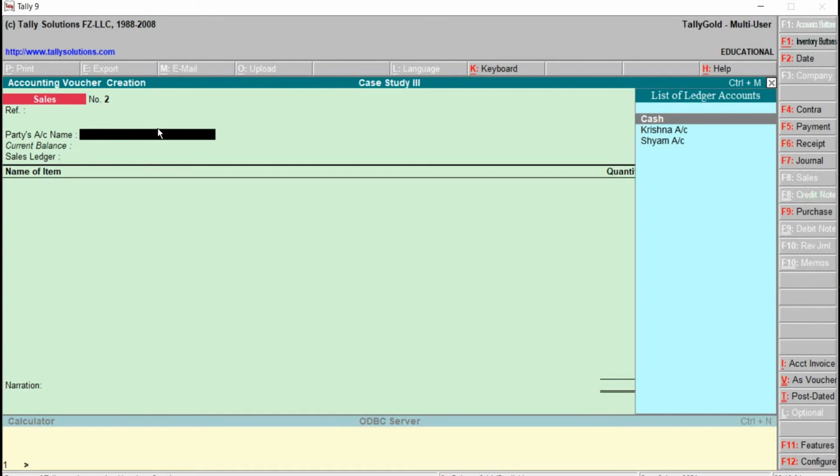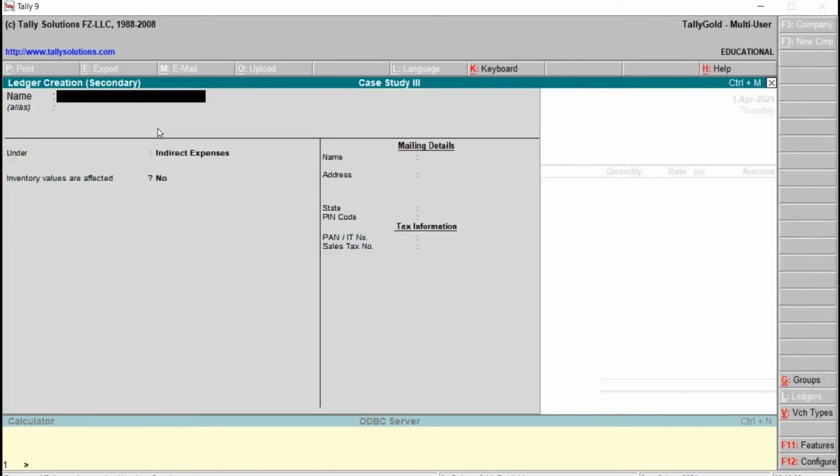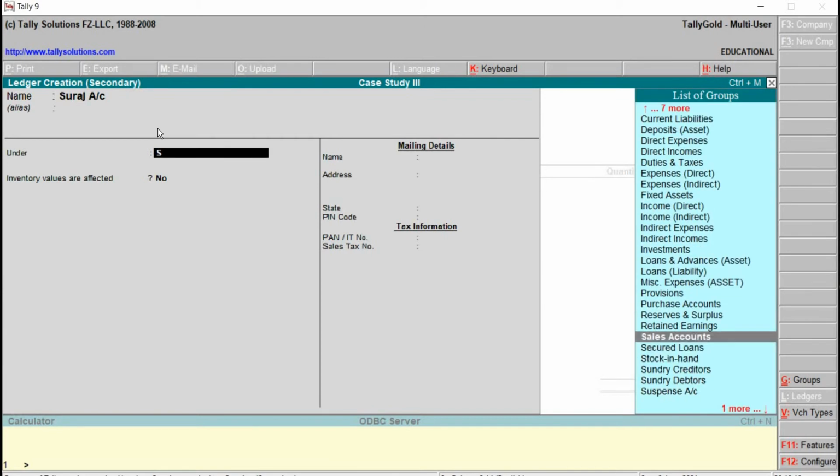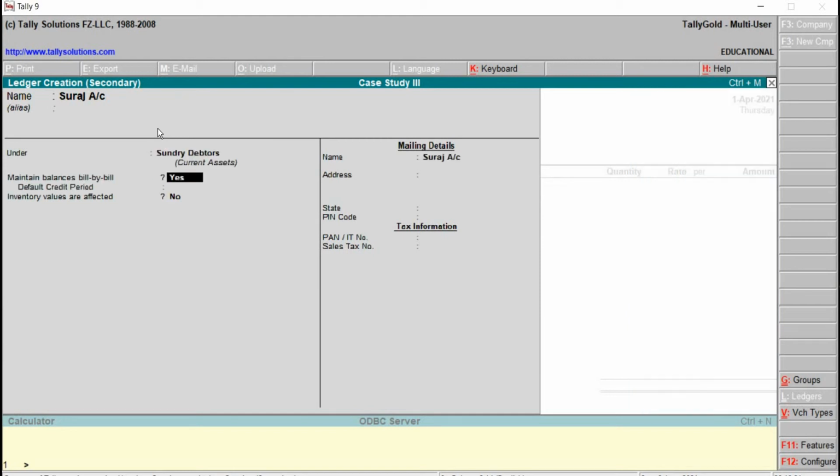Okay. Party's account name has to be created. Alt C to create. Suraj account, and this will be allocated under the group that will be sundry debtors. Then Control A to save and quit back.